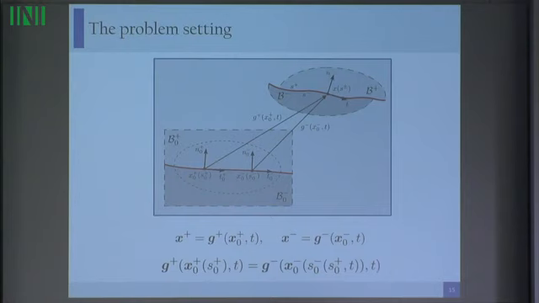The basic ingredient is to realize that two different points belonging to the upper and the lower part of this body may become a single point in the deformed configuration. So this condition is expressed by the equality of the two deformations governing the displacement of this point and that point. So this is the basic condition that I have to use, and then there is some math